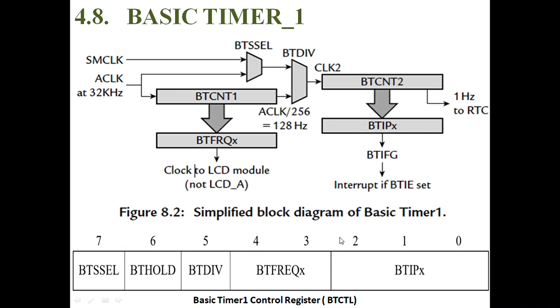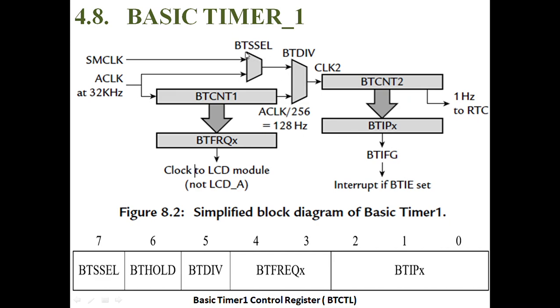So it will be controlled by using this basic timer. It will be stopped by using the basic timer hold pin and basic timer divisor. Whenever this basic timer source select value is 0, it's sourcing from the auxiliary clock at 32 kHz frequency, that is giving to the division. Here its value is 0, the same 32 kHz giving to basic timer counter 2. Similarly, if its value is 0 and its value is 1, here we are getting the auxiliary clock frequency divided by 128, that is giving to the real time clock.